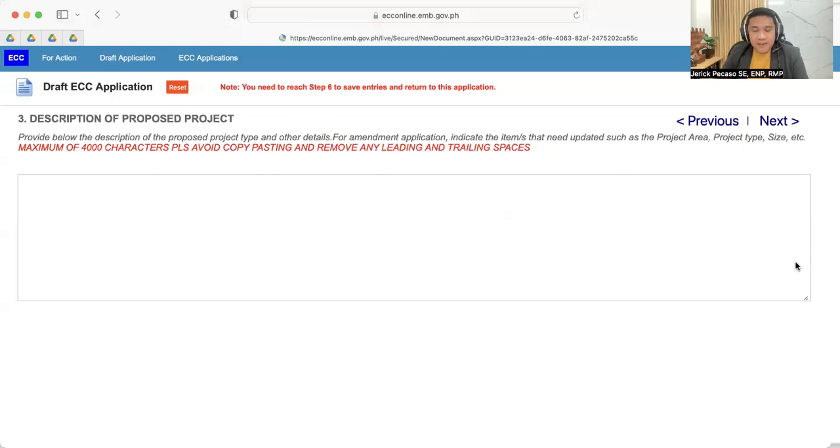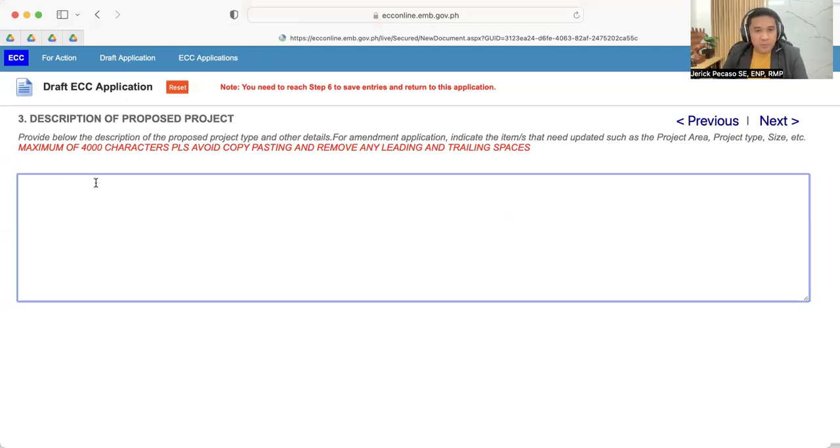After providing the capacity or the stocking population, you will now provide a brief description of the proposed project and some other details, maybe for example the address or location of the project, the land area occupied, the total building footprint area, anything that will give the evaluator the details of the project.